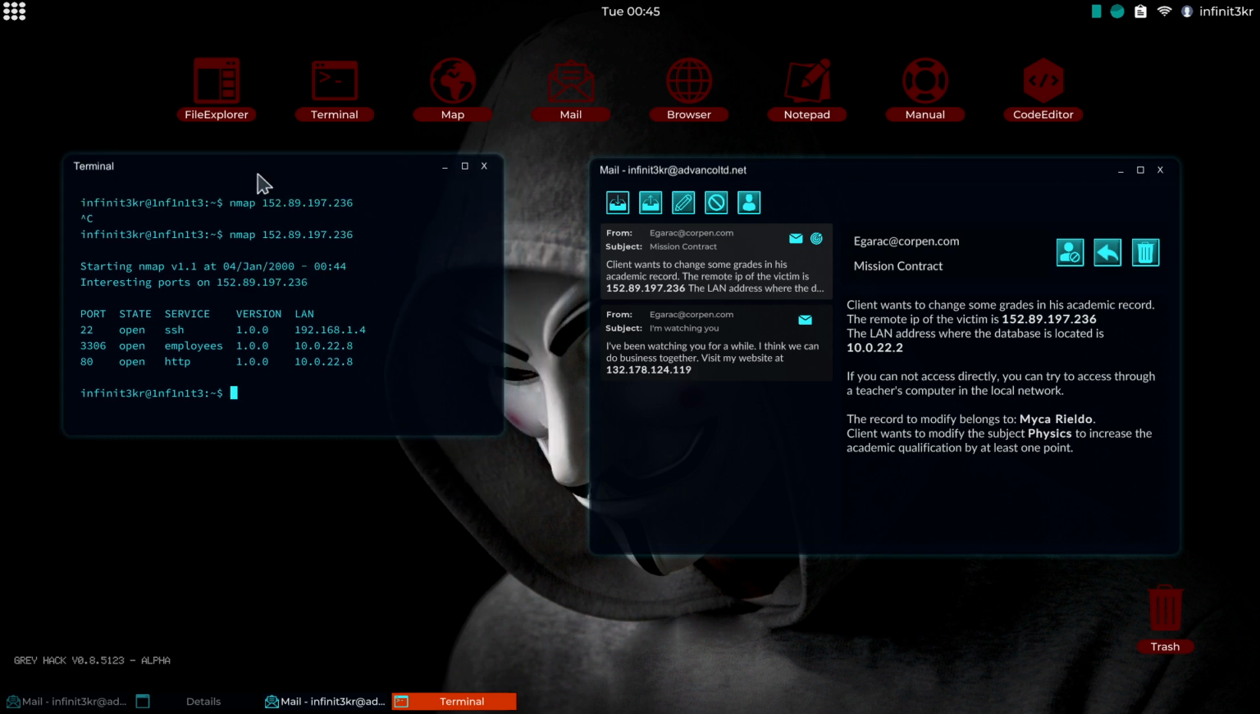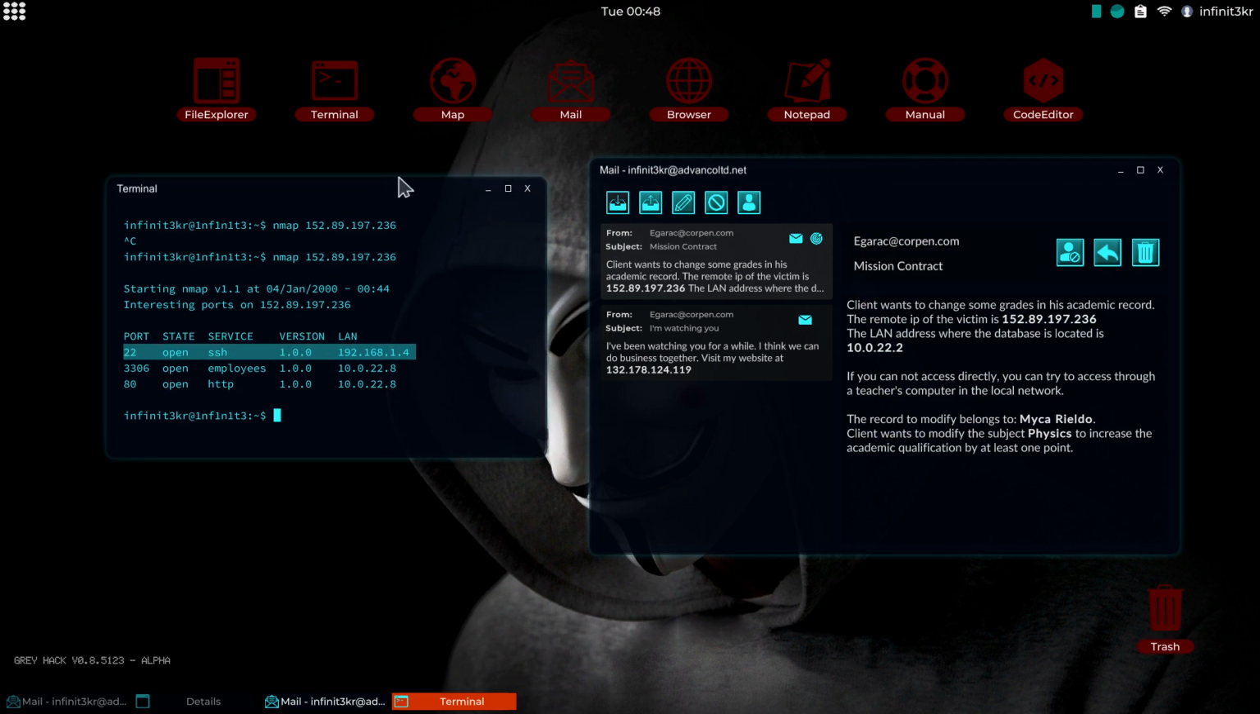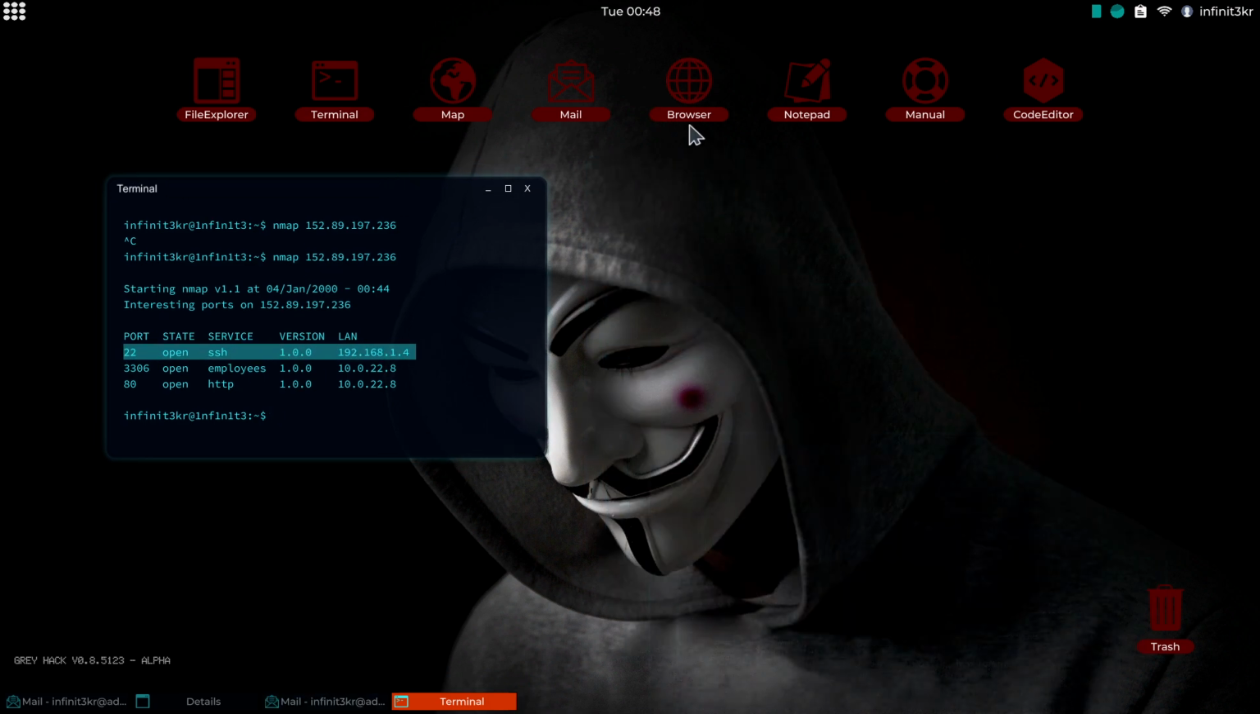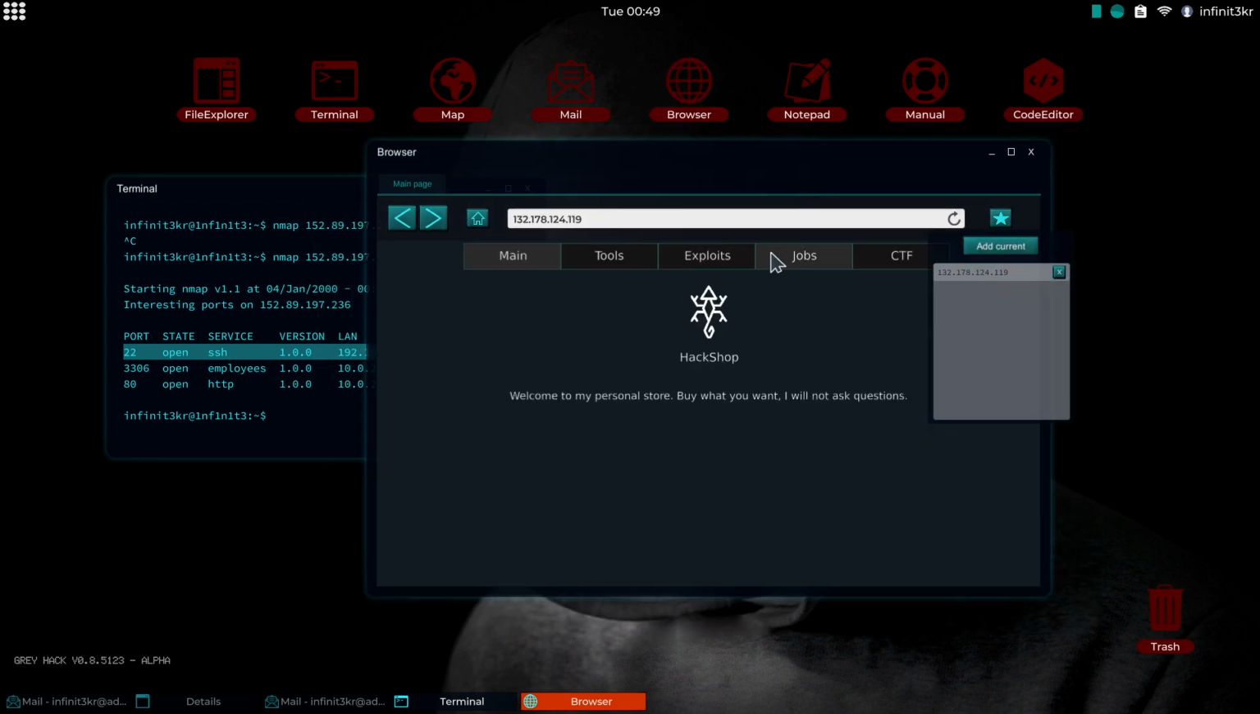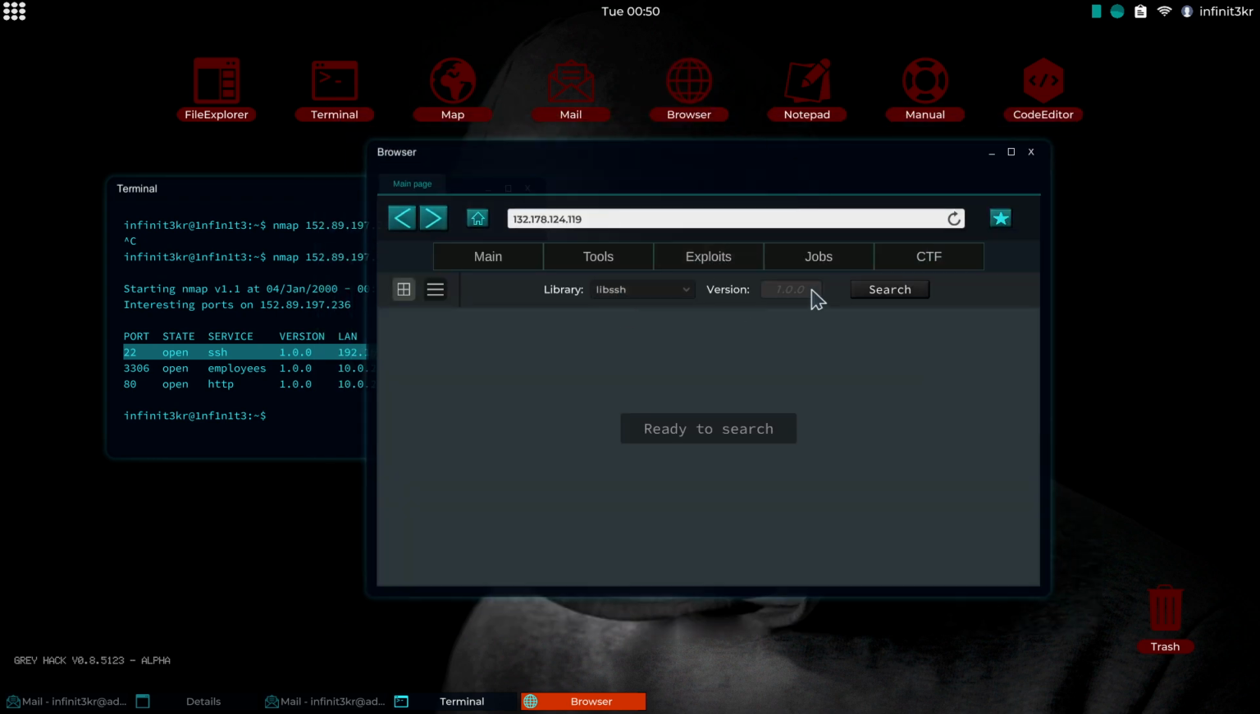All right, here we see we have 3 ports. We got our SSH, we got an SQL database, and we have our HTTP port all open. I'm going to start off with the very first one, the SSH. So we will go back into our hack shop, look for exploits, SSH